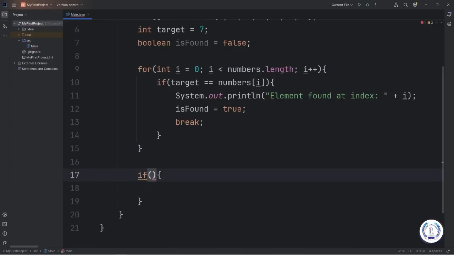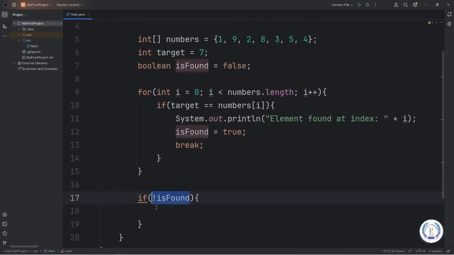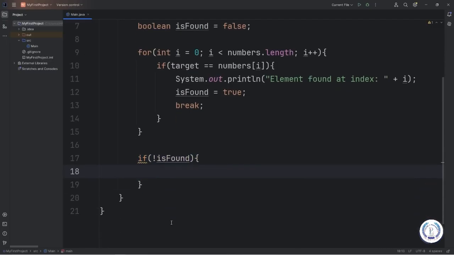We'll say isFound, but we'll use the not logical operator. The not logical operator gives you the inverse of a Boolean value or variable. If isFound is false, if something isn't true, if we don't find the target, then we execute this if statement,